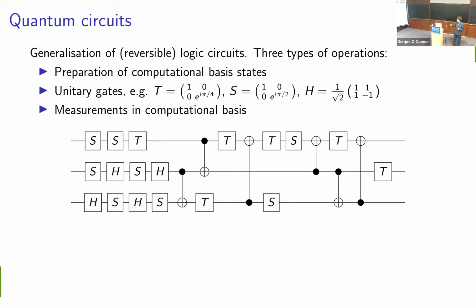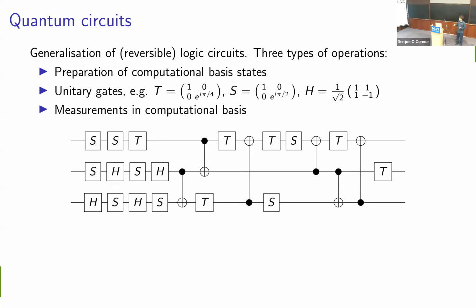But of course, these other unitary gates here, this T, this S, this H, these are intrinsically quantum. We couldn't do them on bits, because they either add a phase that is meaningless if we work with bits, or they create a superposition of our computational basis states, which again isn't something we can have when we work with bits.